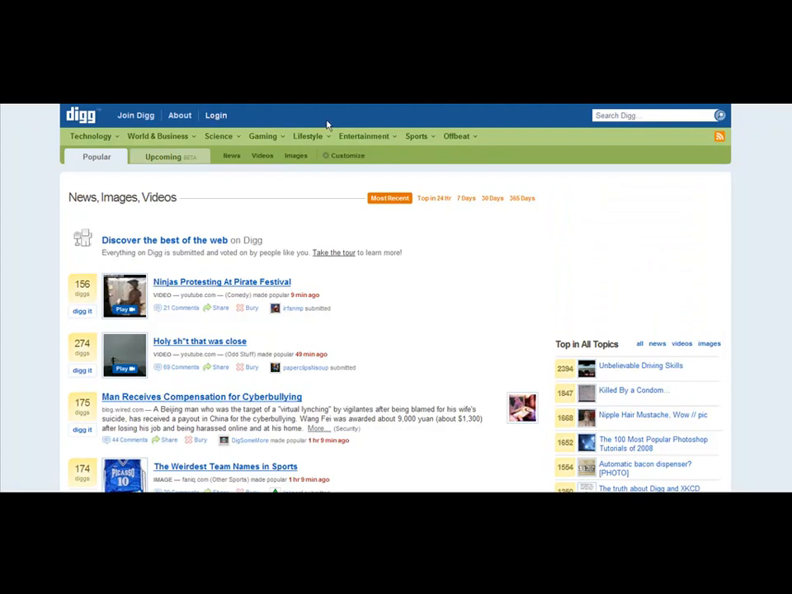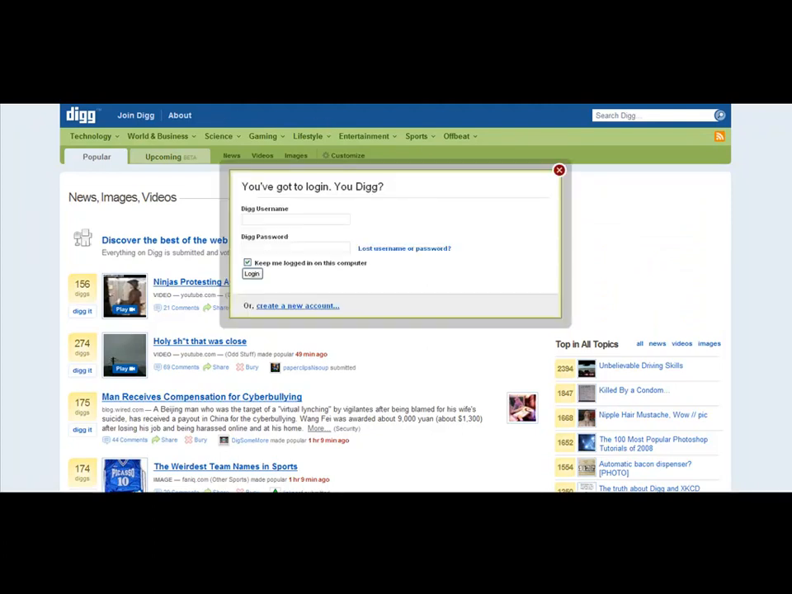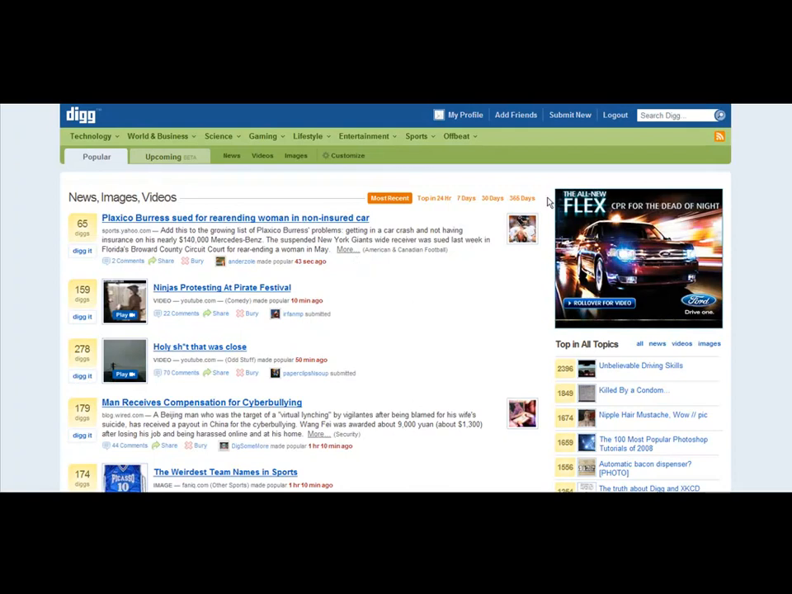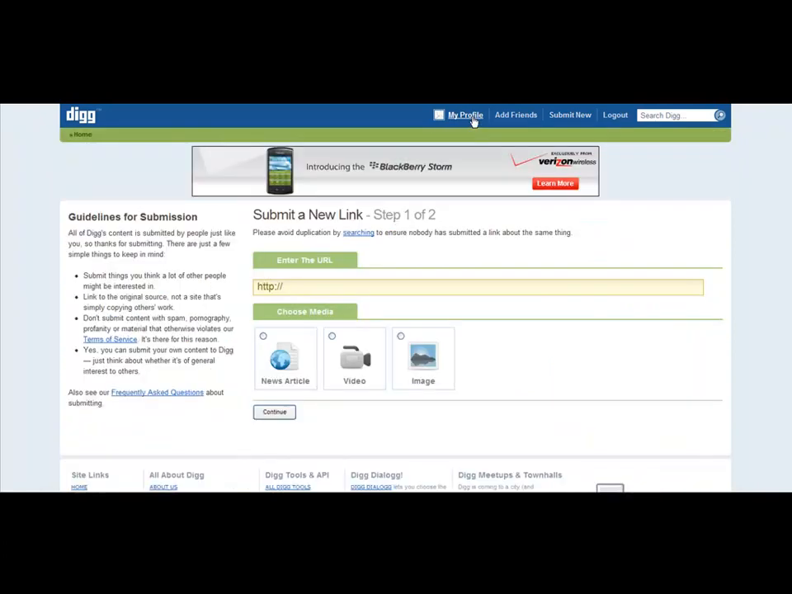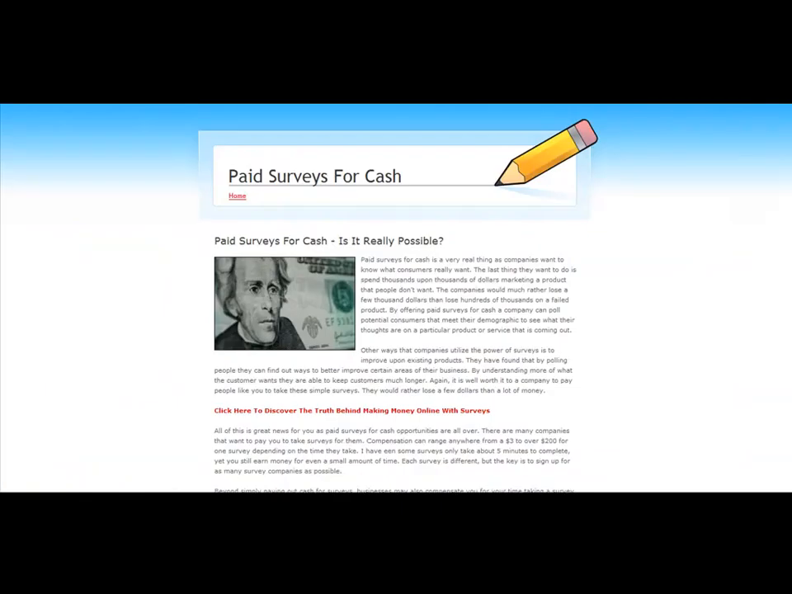So we'll go ahead and log in here, and let's just jump over here and then just click on login. And once you log in, you're going to look up here at the right side where it says Submit New. So go ahead and click on Submit New. That's what you're going to click on. Once you've clicked on Submit New, where it says Enter the URL, you're going to go right back over to